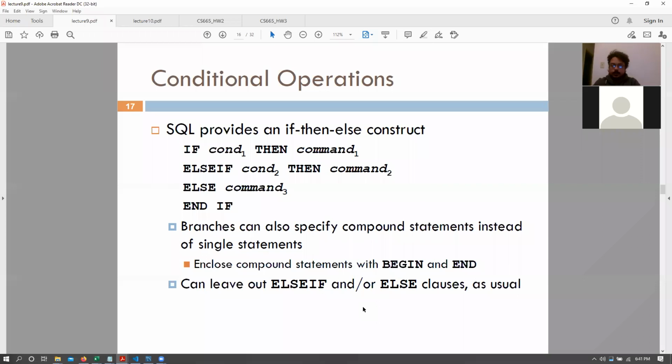We also have conditional operations. Conditional operations, we are all familiar with those. Essentially if else conditions. So if this, then do that. Else if this, then do this. Else this, which is the default case, then end if. So that is the syntax for writing conditional operations in SQL. They are quite powerful, as you know, with all branch operations in any programming language. And again, else if and else are optional, right? Those can be written or left out.